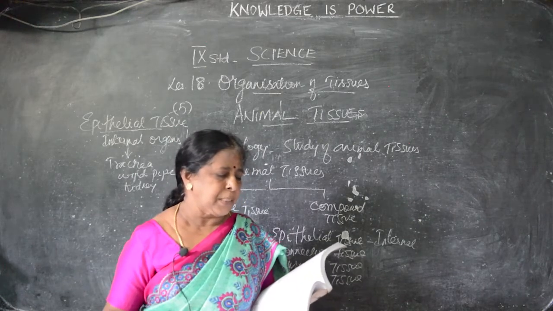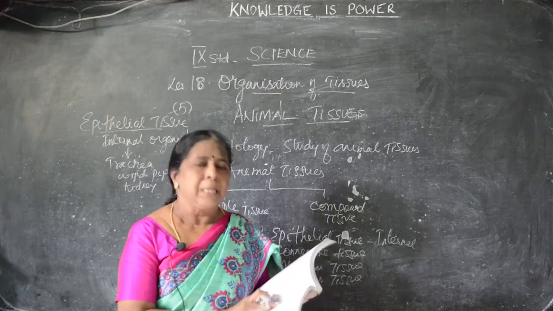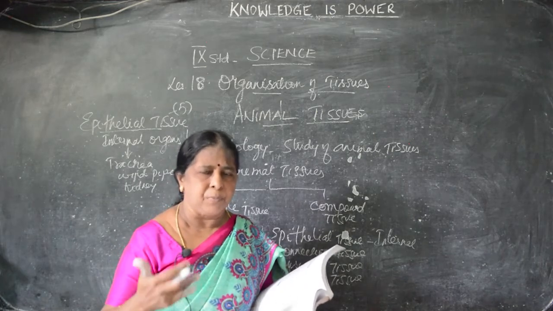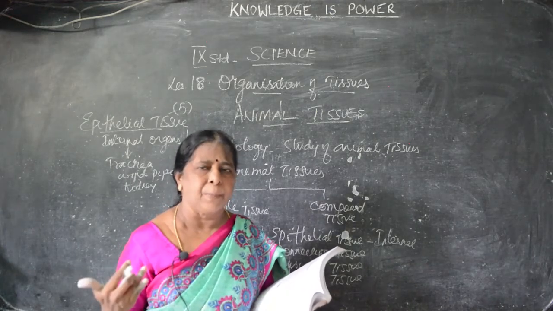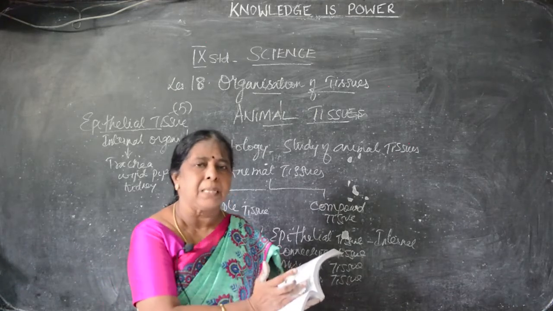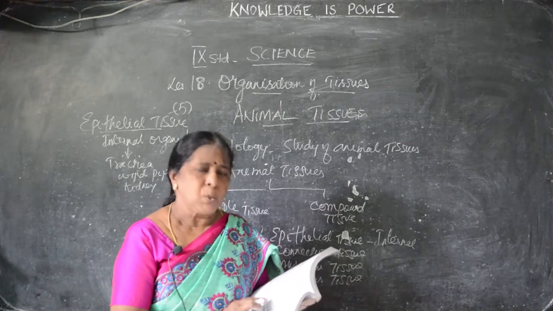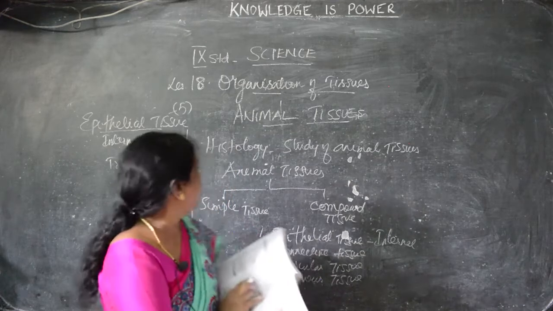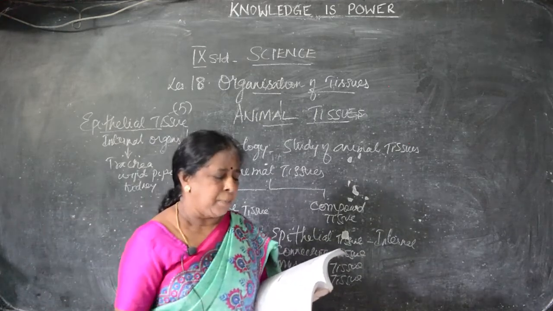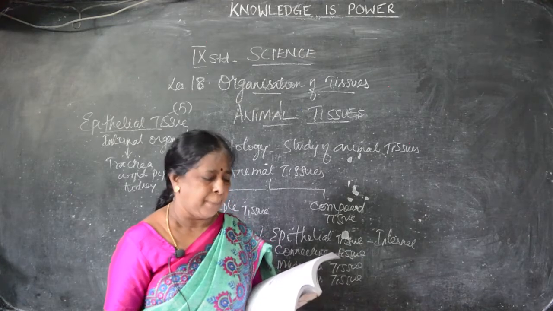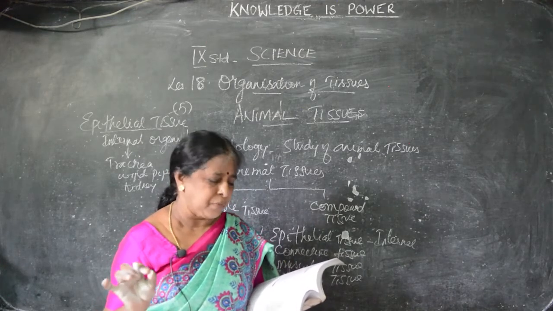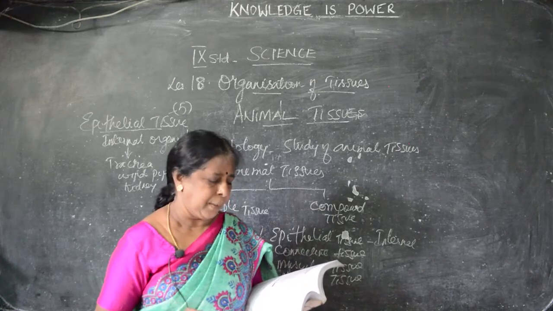So where is the squamous epithelium present? It is the pavement membrane. Pavement means what? That is the platform, as we say. Just as we walk on the platform, it is the pavement for all parts of our body. Where can squamous epithelium be seen? As I said already, it can be seen in the internal parts. You can see it in the buccal cavity. You know what the buccal cavity is? Also alveoli, lungs, the proximal convoluted tubules of kidneys, skin and tongue.